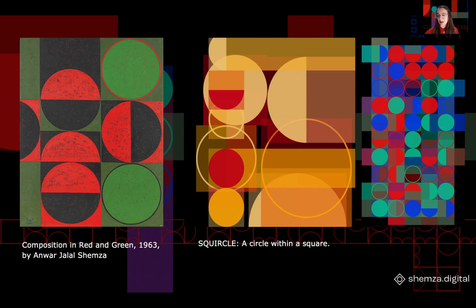So we thought we'd start with the basics, a simple circle inside a square. And so the first paint became known as the Squircle, which has basically become an overall mascot for the project. It's one of Anwar's most popular and minimal visual elements, and in keeping with how he used it, we can see on the left one of Anwar's original artworks from 1963, and then on the right we have works made with our Squircle digital paint. The Squircle paint allows users to create large fields of colour that can be overlaid onto one another,